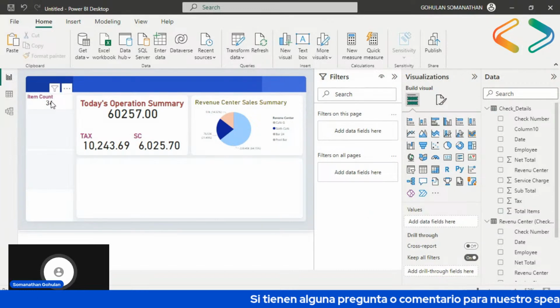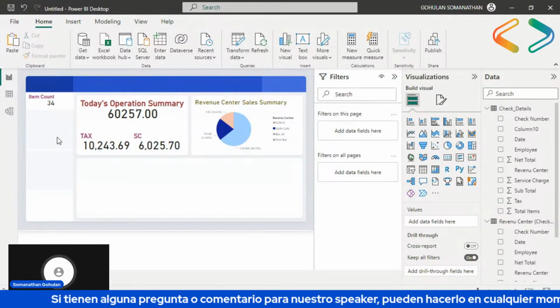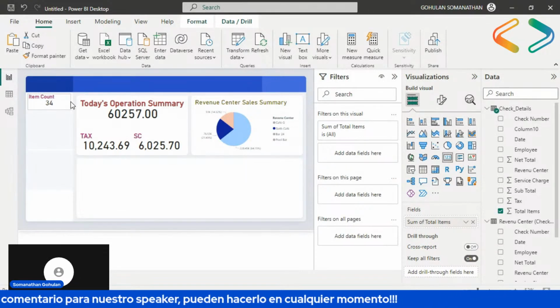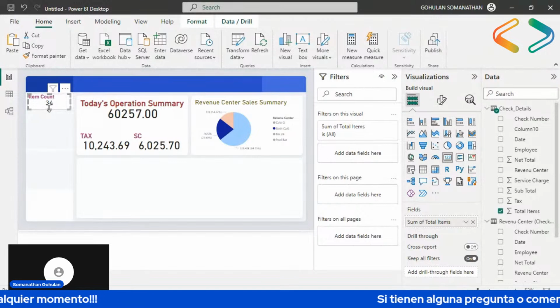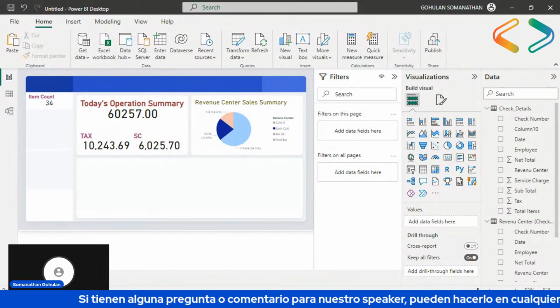So now it's showing the item count, the total item count sold in the particular hotel. It's perfect. Let me check like this. So the item count has also been added into the dashboard.